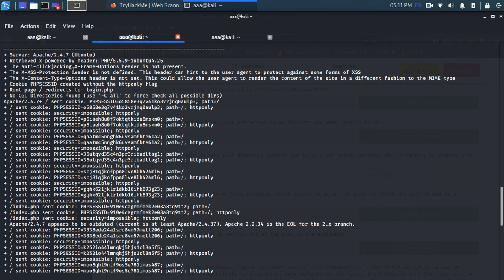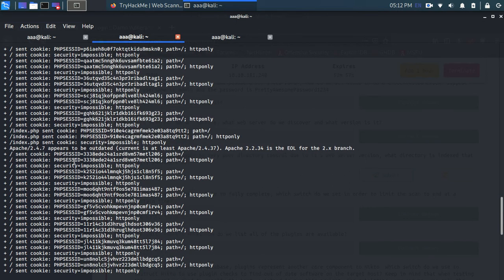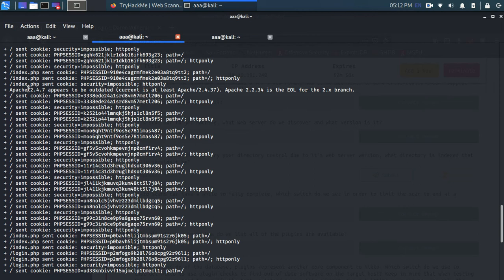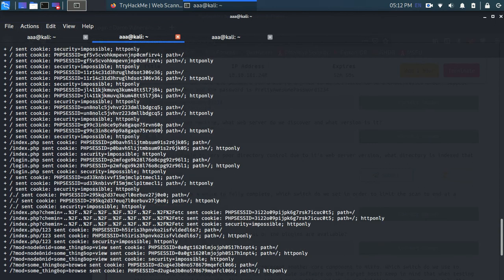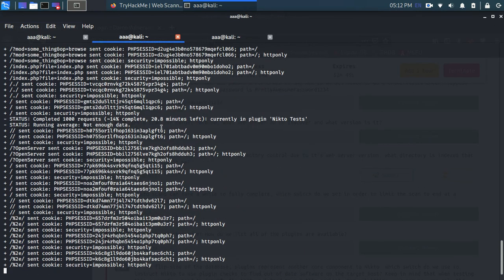Let's see if we find something. It says some things about that server, such as this thing seems to be outdated, and it's trying for different vulnerabilities, and it's showing me whatever it's doing.